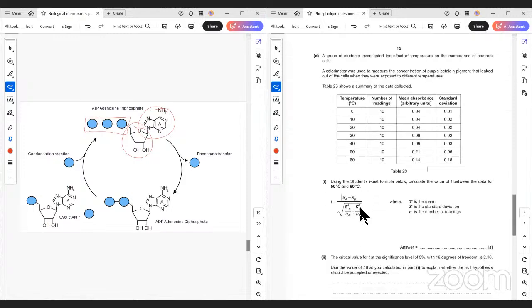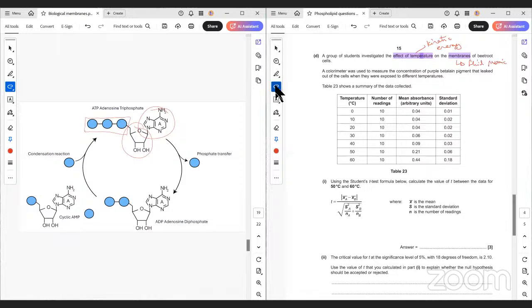So here we've got information about the membrane. A group of students investigated the effects of temperature. So straight away I can see the effects of temperature. Before I move on to look at the question any further, I would always tell myself, what does that actually mean? Temperature, what should I be noting? Well, temperature, I need to think about kinetic energy. We're talking about the membrane here because it's talking about the effects on the membrane, so I'm going to remind myself that membranes are